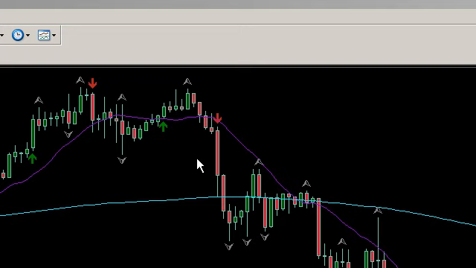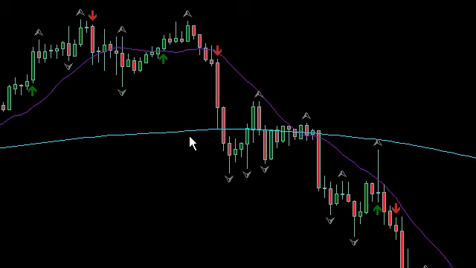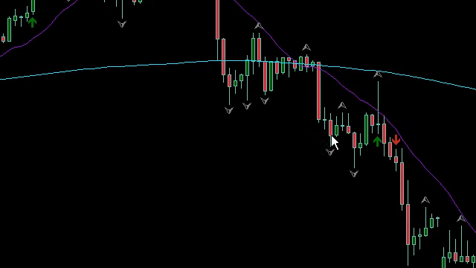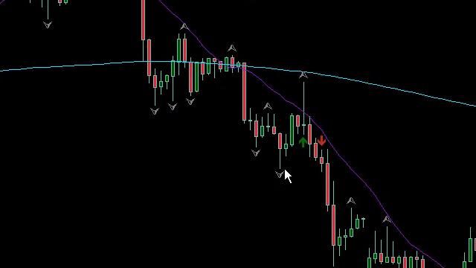Now, one thing about fractals that you have to be mindful of is that they're not drawn all the time where you would hope they'd be drawn. You do get a few that end up in odd places, like theoretically this is the swing low here and this is the swing high here, and in fact within here we've got a low fractal and a high fractal here. Now we wouldn't call this a swing high typically, but fractals are just a simple way of showing where